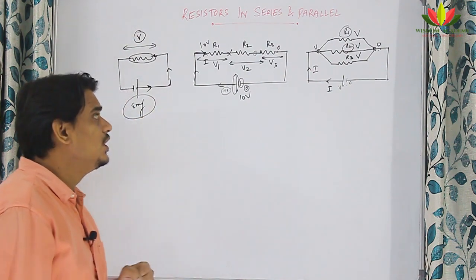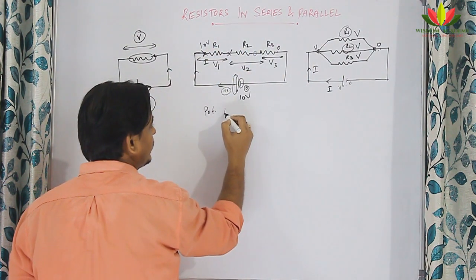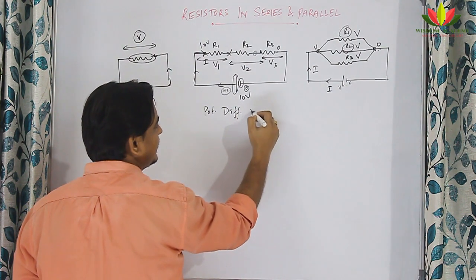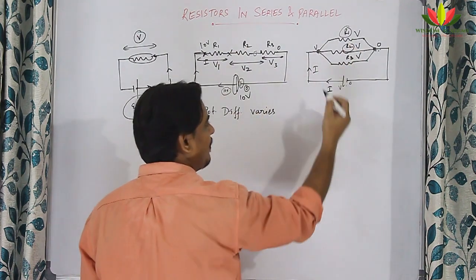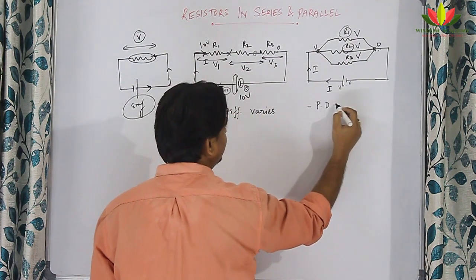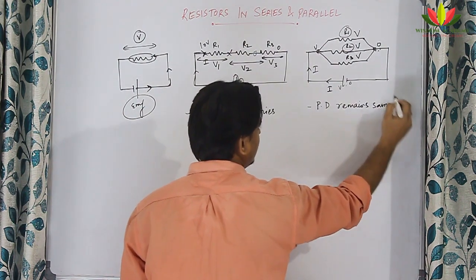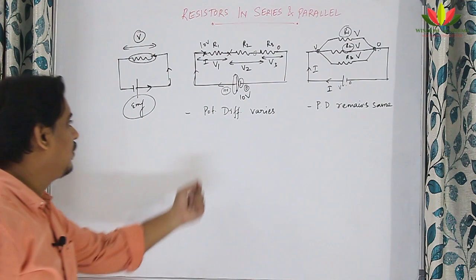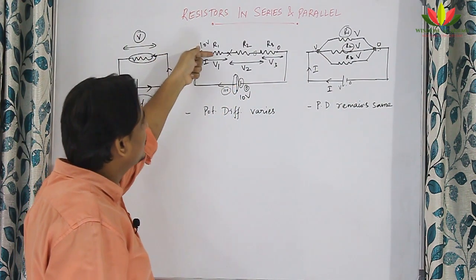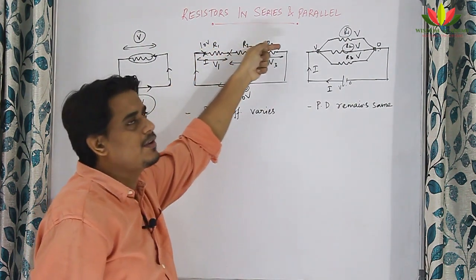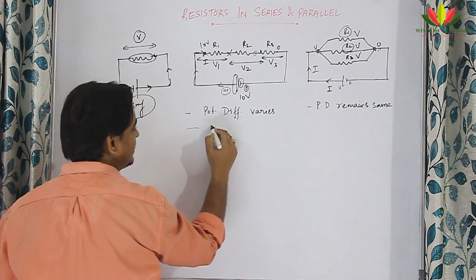So, what did we learn now? We learned that in the case of series connection, the potential difference varies, whereas in the case of parallel connection, the potential difference remains the same, right. Let us talk about the current now. Whatever current started from here, suppose it is I, the same I goes here, the same I goes here and the same I comes back. So, the current remains the same in a series connection.